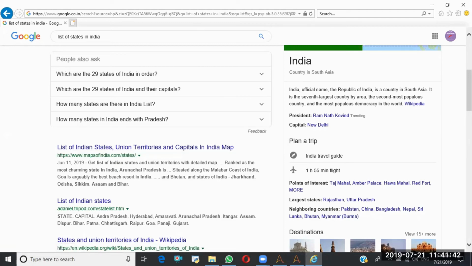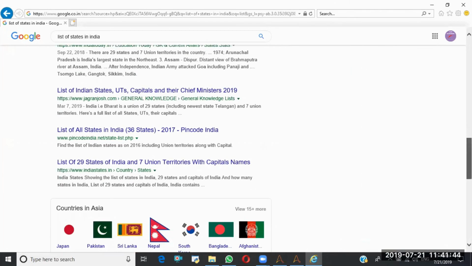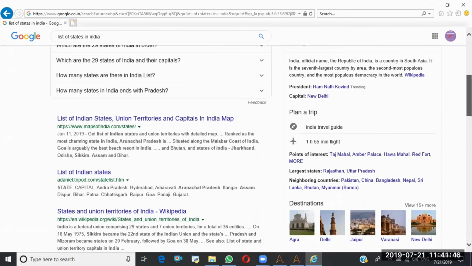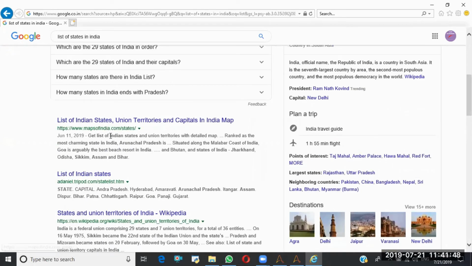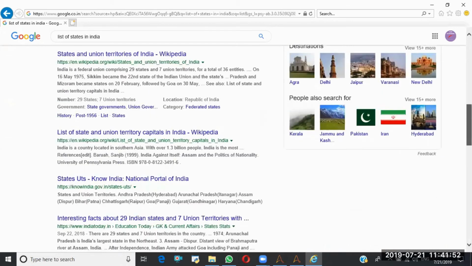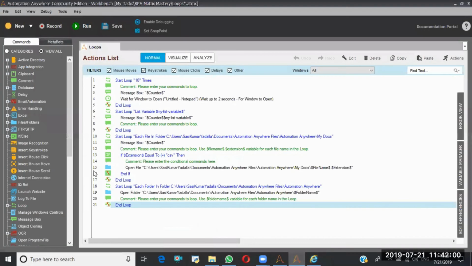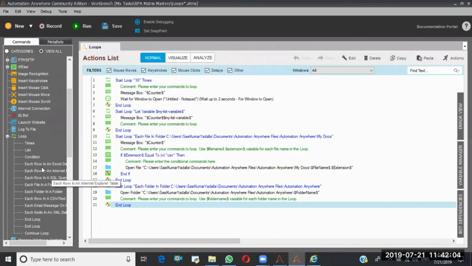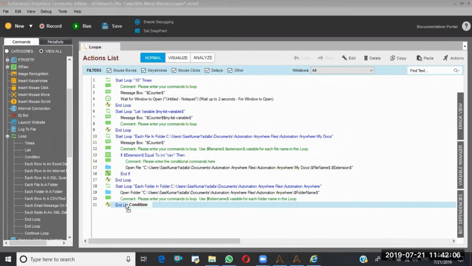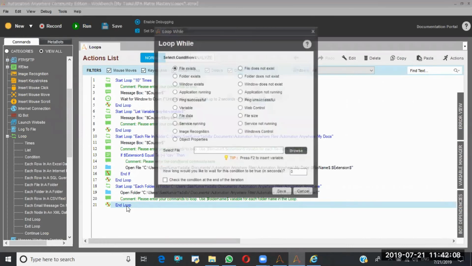But here we have multiple values, so I want to loop through each and everything, but I don't know how many records will be there. To handle this kind of situation, we have a condition in the loops. So I'm going with the loop condition.